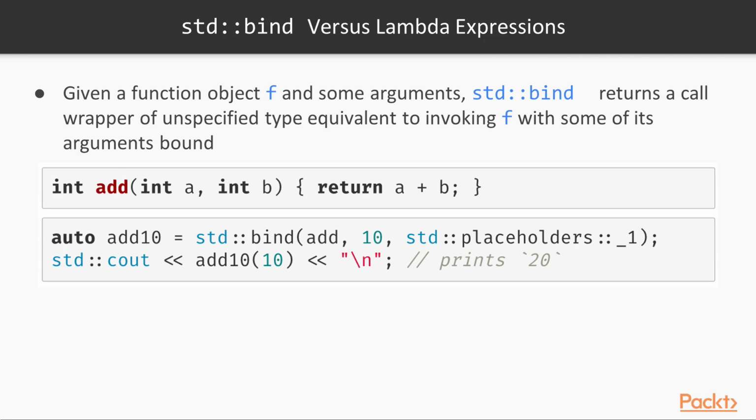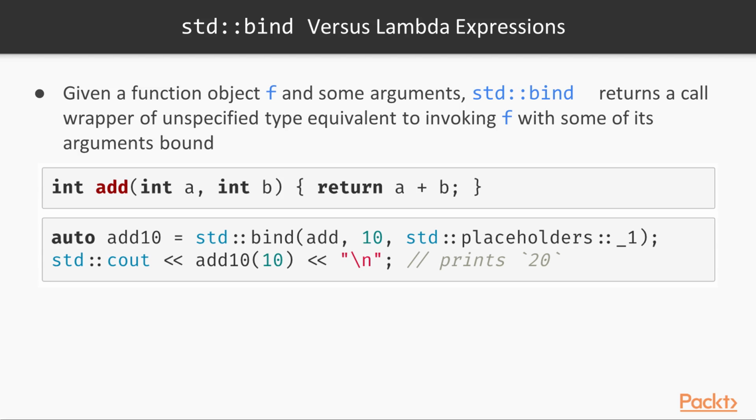Let's now see how lambda expressions compare to std::bind. The behavior of std::bind is as follows. Given a function object f and some arguments, std::bind returns a call wrapper of some unspecified type equivalent to invoking f with some of these arguments bound. In this case, I have an int add function that takes two integers and returns their sum.